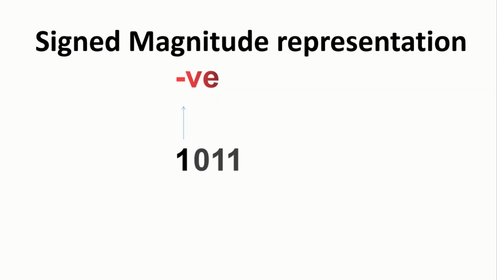Well, this is actually one of the ways of representing signed binary numbers, and it is called signed magnitude representation. But the reason why 2's complement representation is widely used in embedded systems is that it is easy for computers to perform arithmetic operations on 2's complement representation rather than any other form of representing signed binary numbers. To know more details about this, you can check out the link in the description of this video.